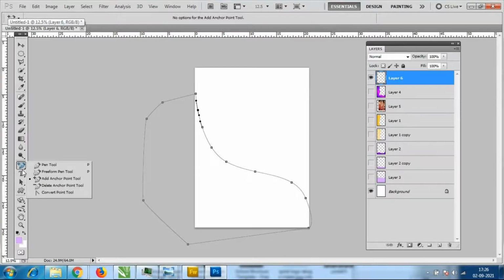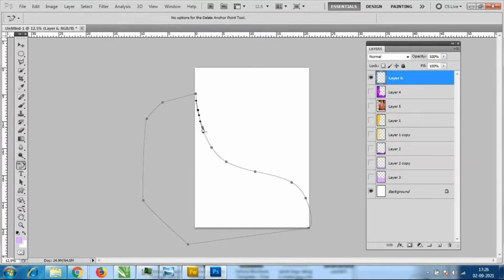So here what happened? And again, I don't want these anchor points, means you can go to the delete anchor point tool. If you go to the add anchor point tool, you can add multiple anchor points. Anchor points means these are the curve shapes, and we are adding anchor points for joining one point to another. So now I want to use the delete anchor point tool.